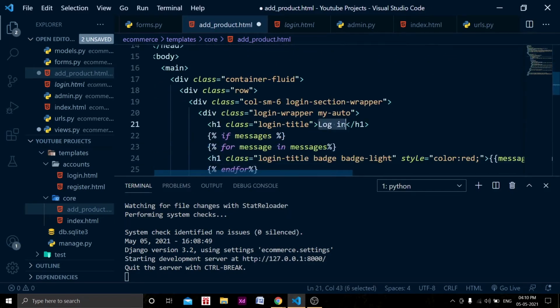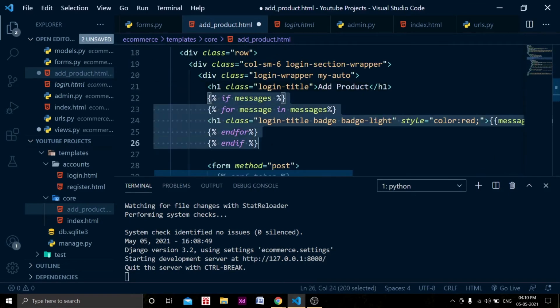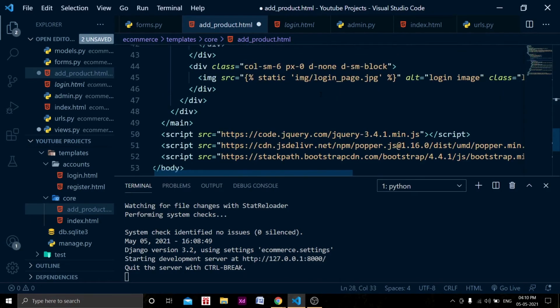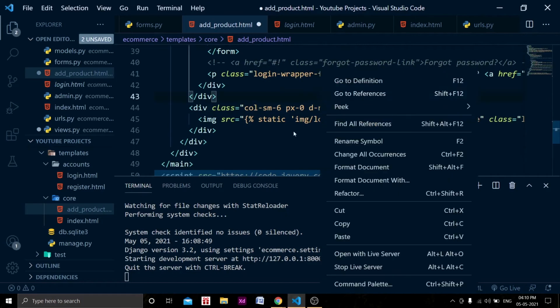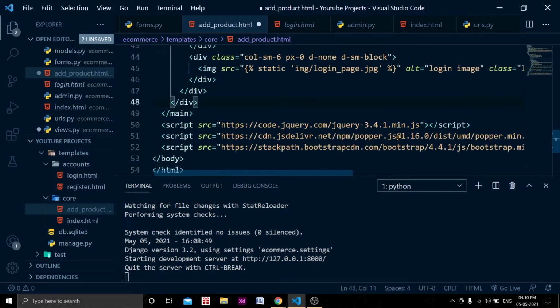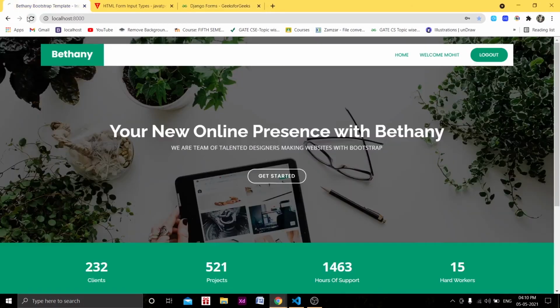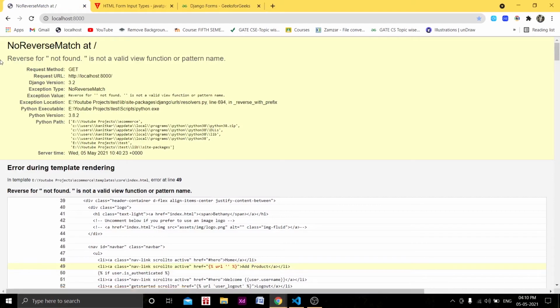So instead of login we will have add product, and we will require messages but not for now, just comment that part out. And similarly we will see this. Okay, so I think that should work properly. Let's try to run. When we hit refresh, okay, so reverse not found.